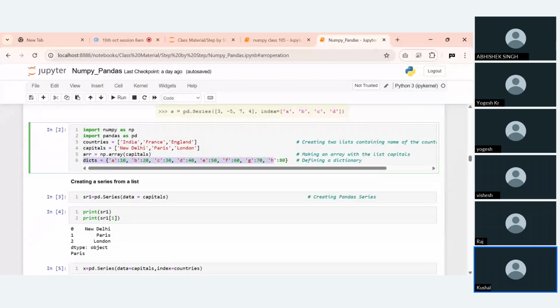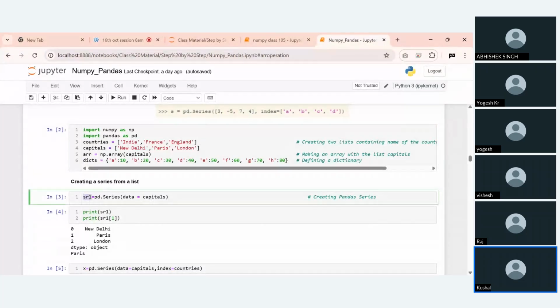Now I'll try to convert all this data into a pandas series. Okay. So the first one is series one. I'm just applying pd.series. What pd.series is doing is applying this series to the capitals in pandas. Okay, so when I have applied pandas series with data equal to capitals. Okay, so now